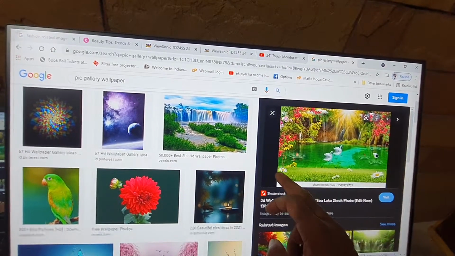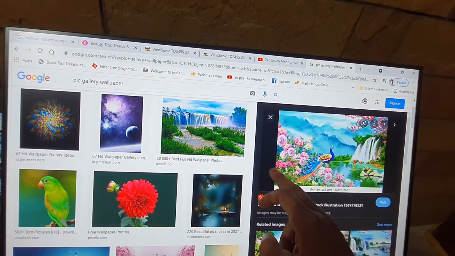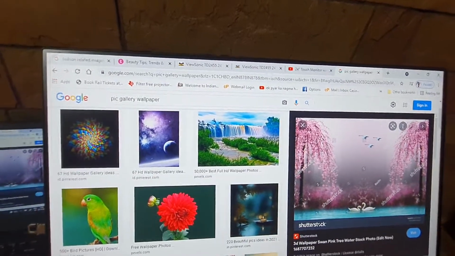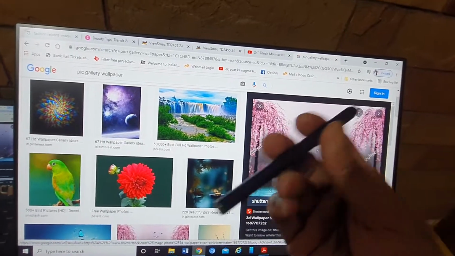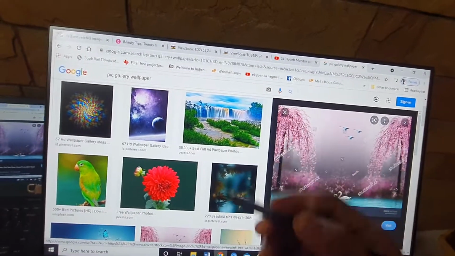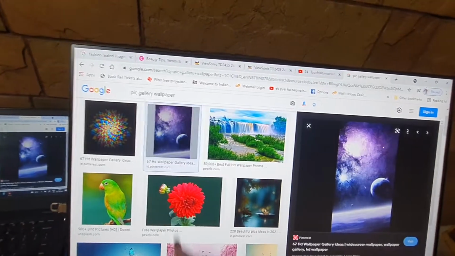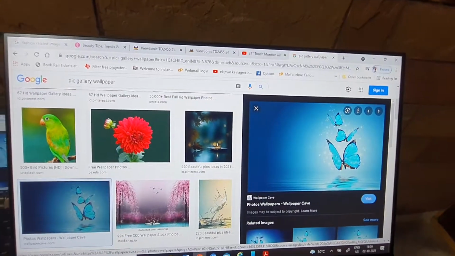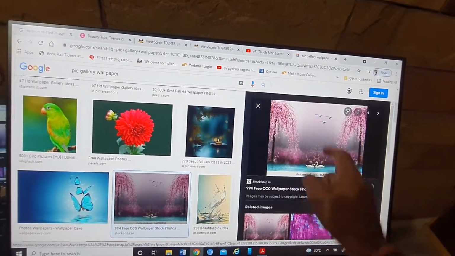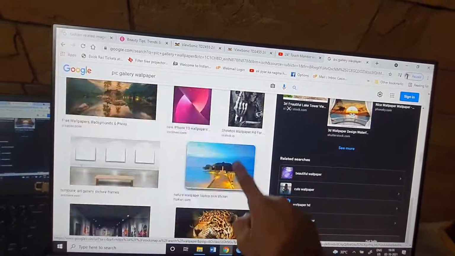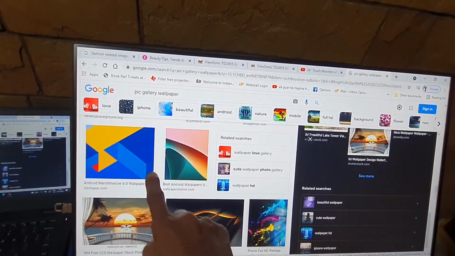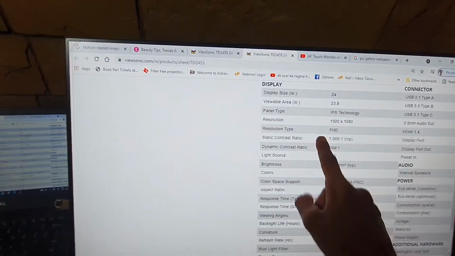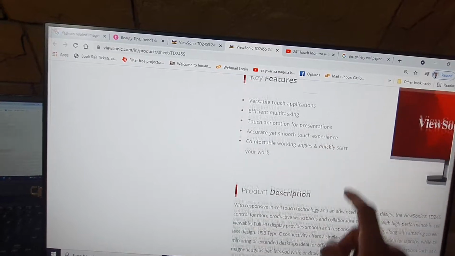So when you are in front of your customer, or if it is for yourself, you can slightly use this touch monitor with your finger. It comes with a stylus pen as well. Okay, write this one, write this one. So I'm using my finger only. Wow, so bright color. Okay, so I'll go to the site where I get the specification of this model.